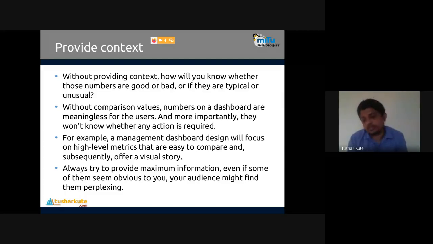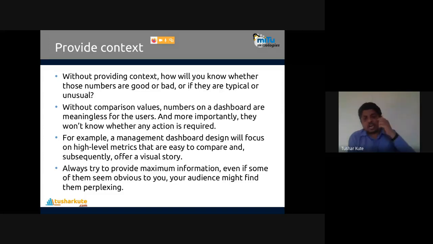Good or bad means, is plus good or is minus good? Getting profit, plus is good; loss, minus is good. Remember, that is context. Without comparison values, numbers on a dashboard are meaningless for users, and more importantly, they don't know whether any action is required. So we have to provide that.